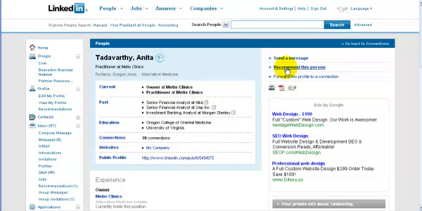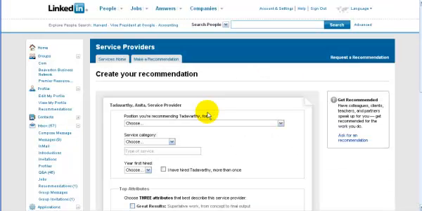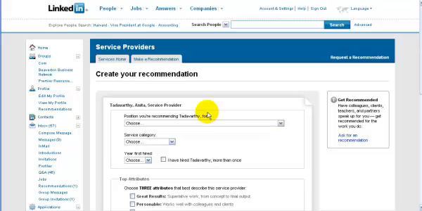And then in the upper right hand corner you have recommend this person. When you recommend someone, right after they get the recommendation, this is what I wanted to show you, but I'll just have to describe it instead. They get the recommendation,